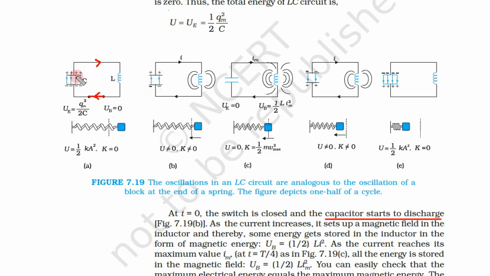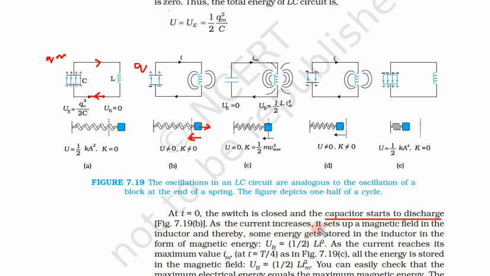Now you see, the charge Qm on this capacitor has started decreasing. So now it is Q, and some current is also flowing in this circuit. Hence we see a magnetic field in this inductor. Here also, in terms of mechanical oscillations, we have left it from its maximum position. This was its maximum position, and now it has started coming inwards.